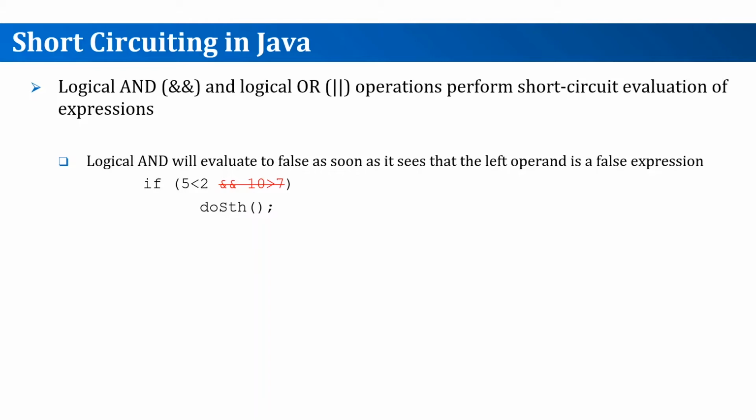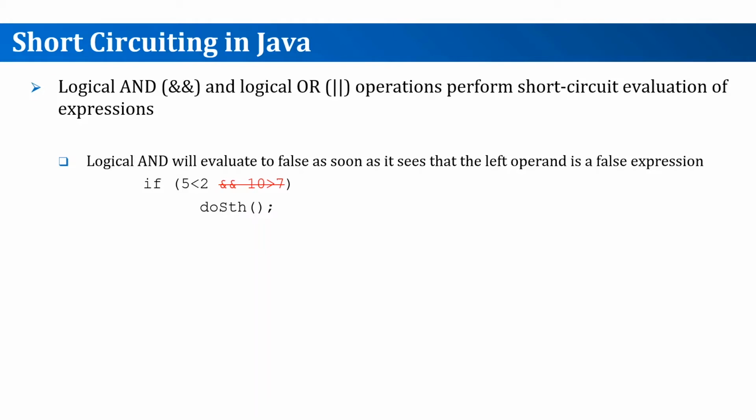For example here, 5 less than 2 is false and 10 is greater than 7 is true. With short-circuiting, Java is not going to waste time and it's not going to evaluate the 10 greater than 7 since the first expression is false. Think about it. Even if the second expression is true, it will be false and true, which is still false,